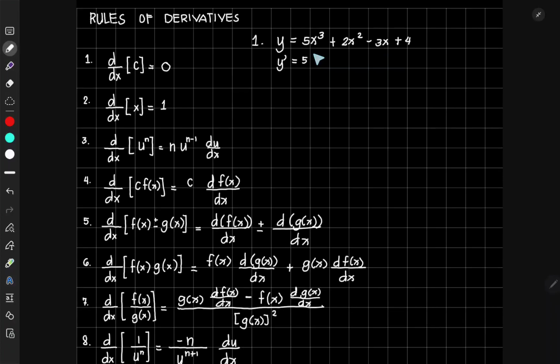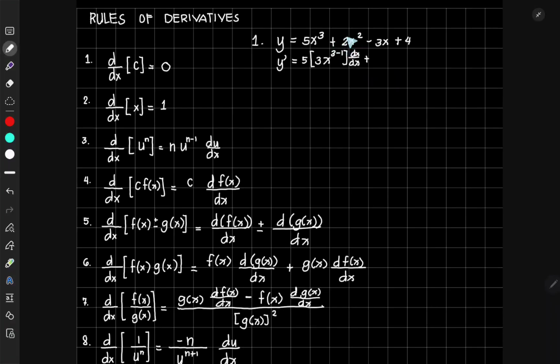So, I have 5. And then, using power rule, so, bring down the exponent, yung 3. So, we have x. Then, we have 3 minus 1. So, this is for the first term. Pero, wag natin kalimutan i-derivative or kunin yung derivative ng x. So, we have dx over dx, or this is also equal to 1. So, plus, so yung second term natin,